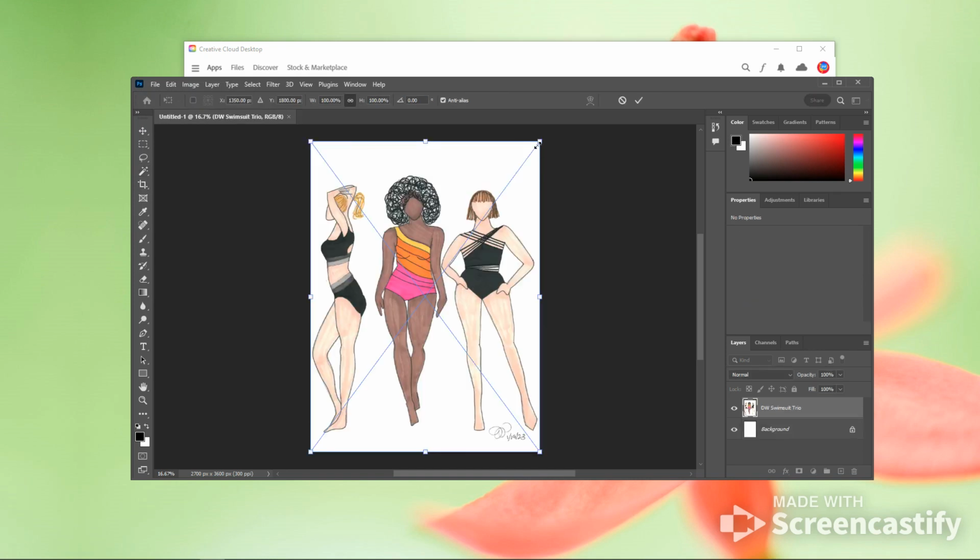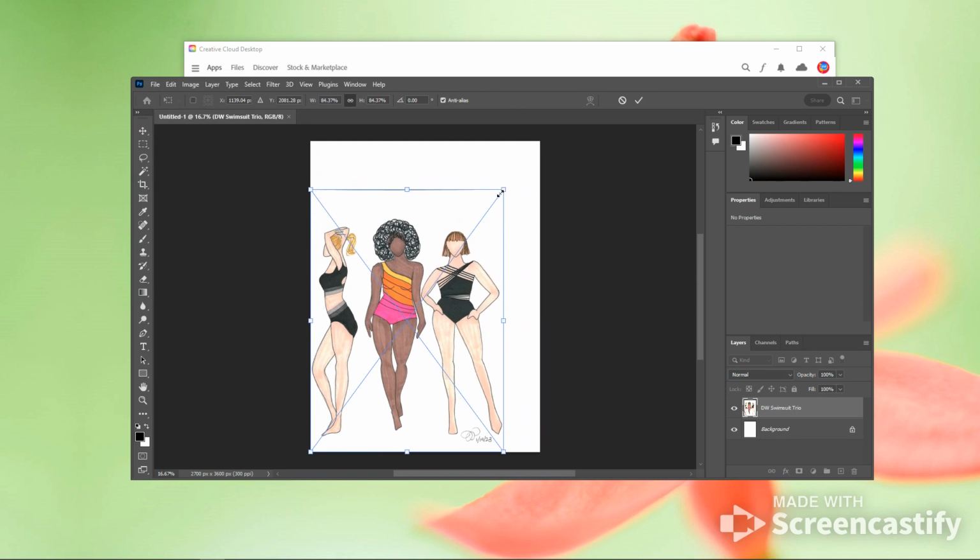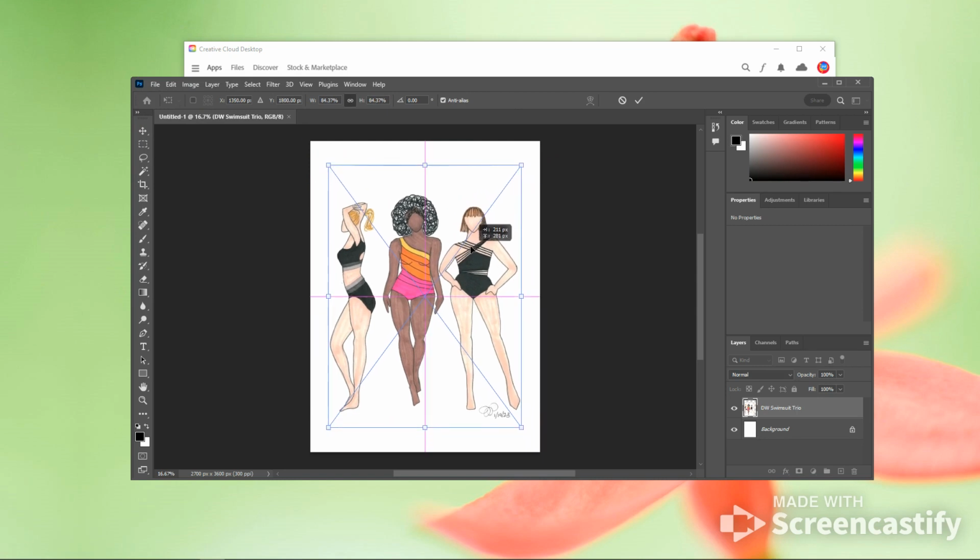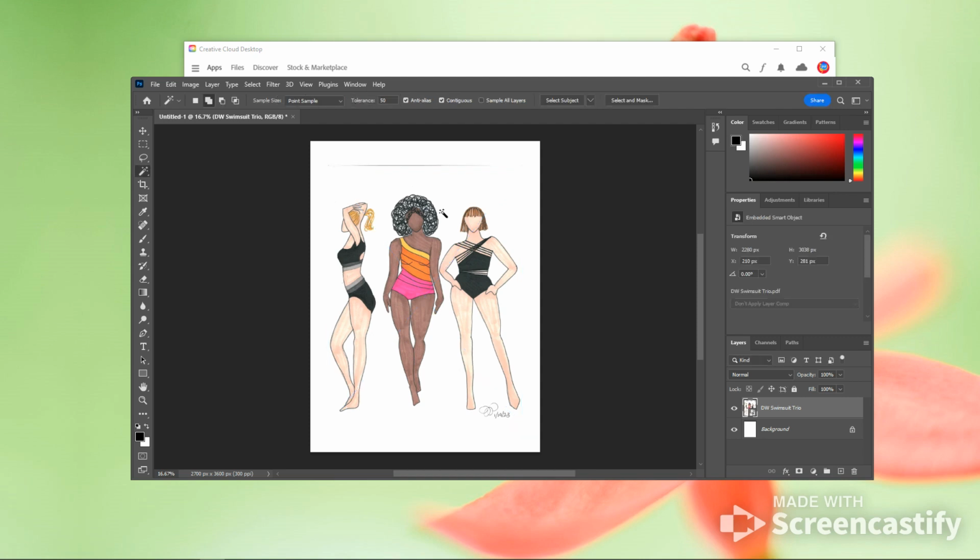If you want to make any adjustments, my sketch is filling the page, so I'm going to make it a little bit smaller just so I have some room to work with. Once I like it, I'm just going to hit enter to finish it. And then the last step is to go to Layer